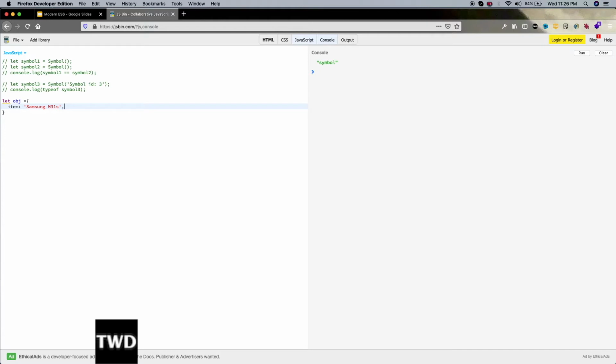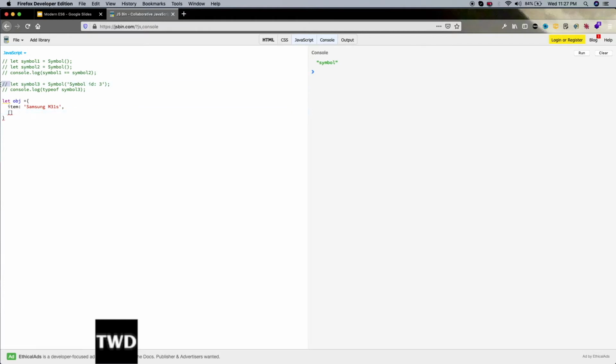As a developer, we want to know in the database when it was launched, but we don't want to show it to the end user using our website. We want to know the date when it was entered in our database. So we can use symbol in this case.